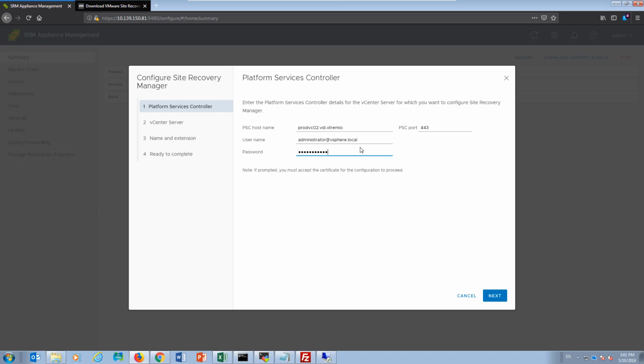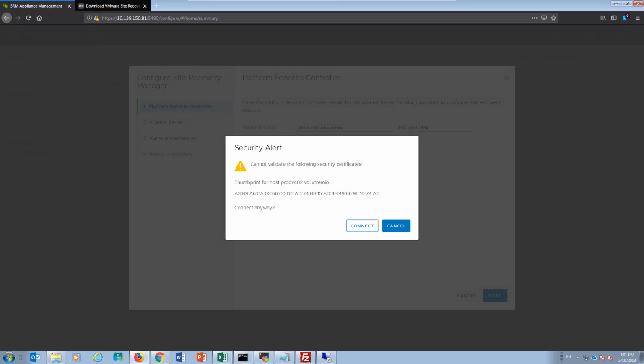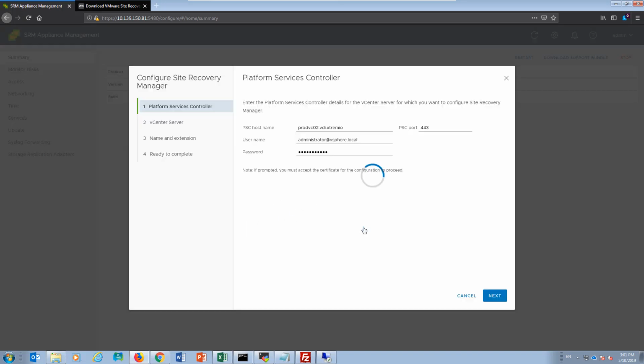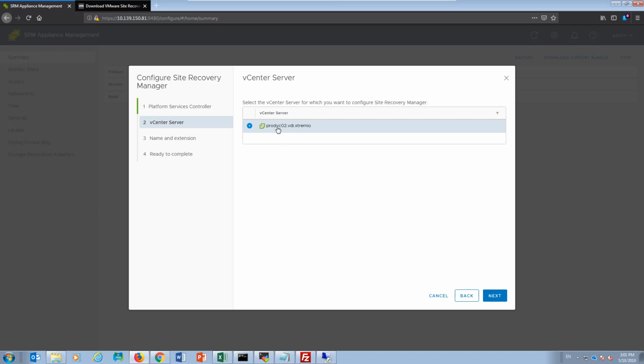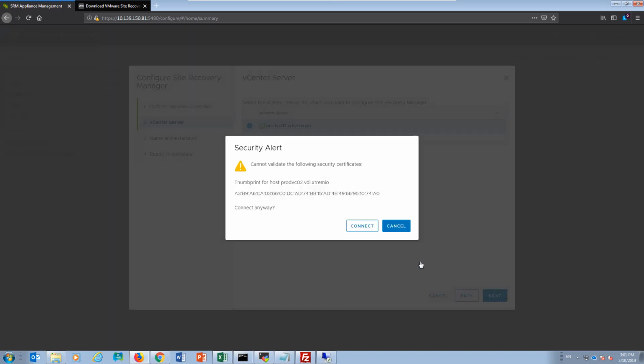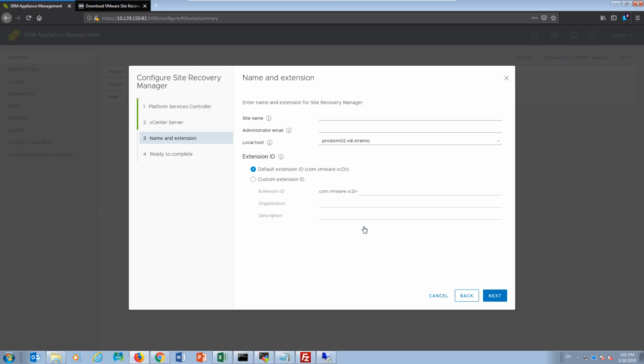That's the username and password that have full admin credentials on vCenter. Click the next button. I'm using an auto certificate, so I'm just going to click connect. It found the vCenter. Click the next button. Approve the warning again. Now I should give it a name for the local site name. So normally in my Intel lab, I just call it local